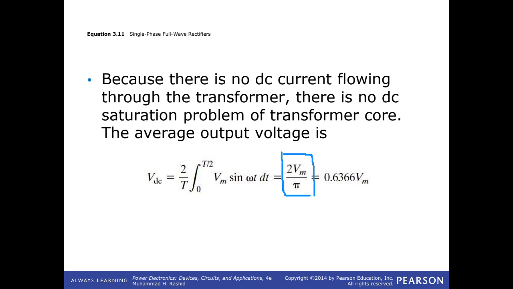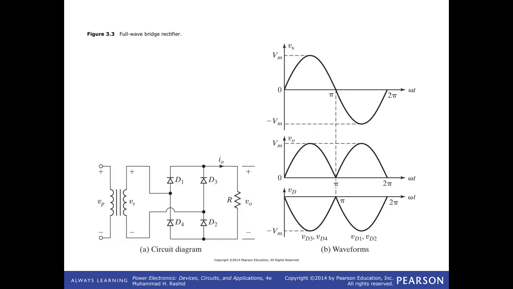Anyway, so if you have a bridge network, how does it operate? You have a transformer as well. This is the primary side of the transformer, and this is the secondary side of the transformer. So that current here